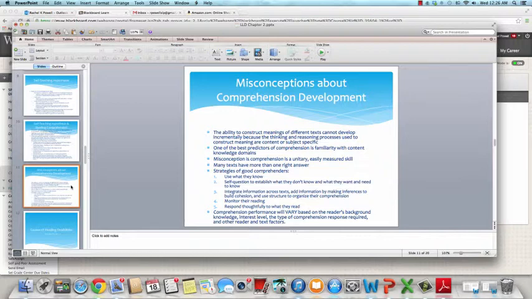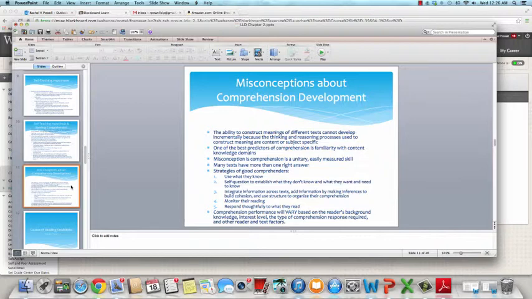They self-question to establish what they don't know and what they want and need to know. They integrate information across text, add information by making inferences to build cohesion, and use structure to organize their comprehension. They monitor their reading, and they respond thoughtfully to what they read. So if we know this is what good comprehenders do, then it's essentially our job to teach these strategies and these skills to